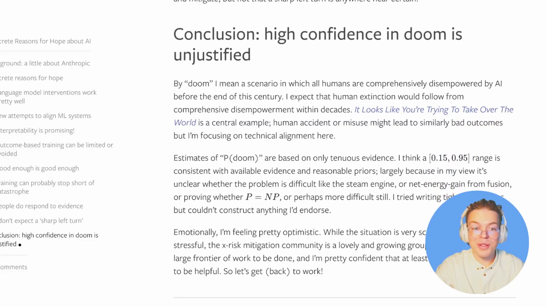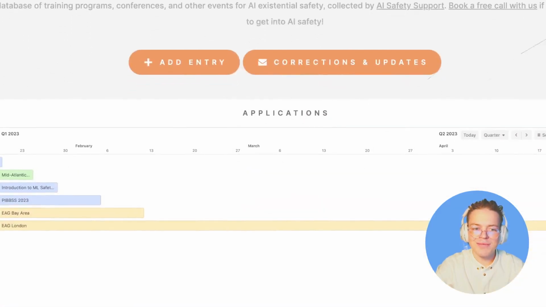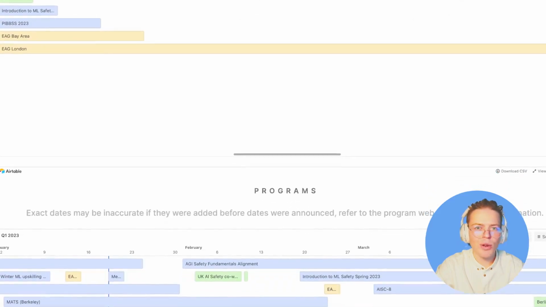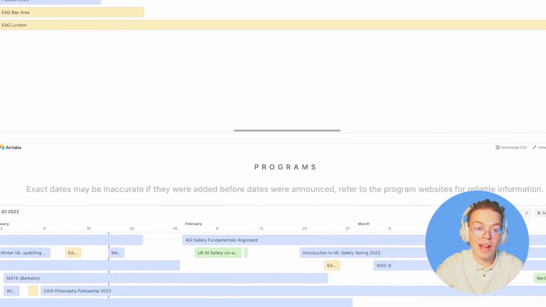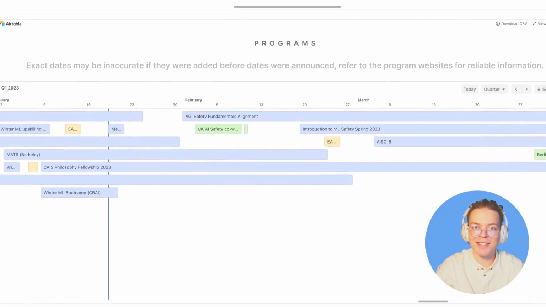And for this week's opportunities, the awesome new website aisafety.training will help us find the best events for you across the world. So, first of all, you can join the EAG conferences happening over the next 4 or 5 months in San Francisco, Cambridge, Stockholm, and London to hear from some of the leading researchers in AI safety participating in these.